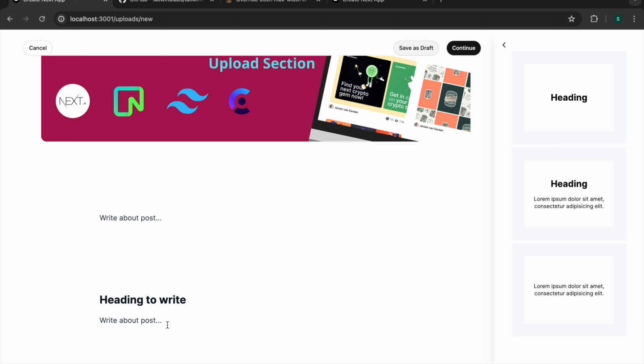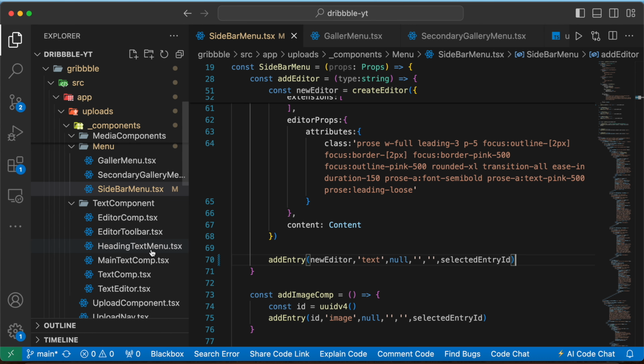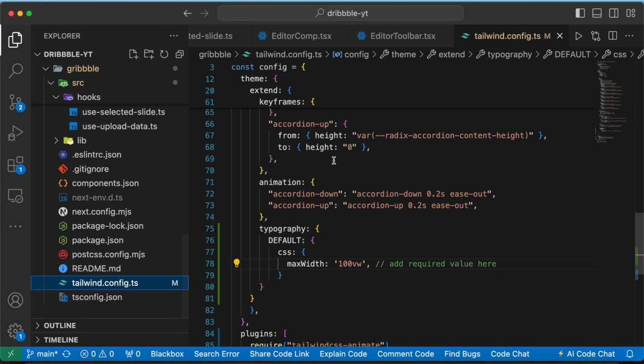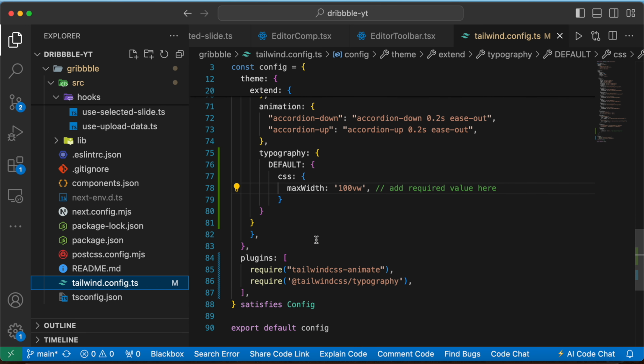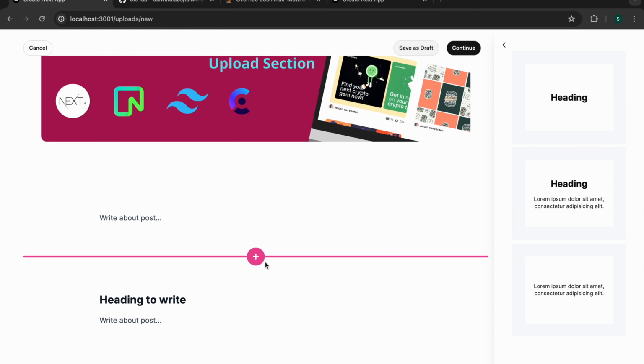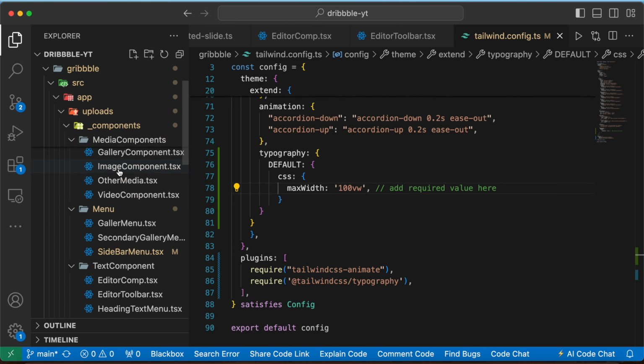Like this. And also if you're not seeing the correct CSS here, it's because we installed shadcn, which actually messed up our tailwind config file, so you need to add these again: typography and this require thing. With that you would be able to solve the problem if you are having it. If you're not having that problem, then that's good. So now with that let's go to